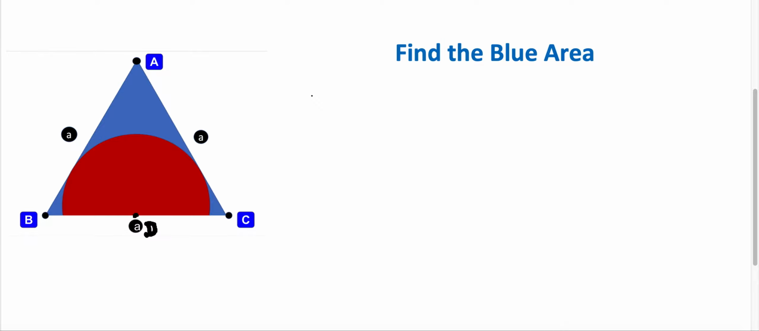To find the blue area, first of all, we are going to take a segment from A to the point where the equilateral triangle and the semicircle attach. And now I'm taking another segment from point A, an altitude to the point D. So now let me take one pen, and we want to find the blue area of the equilateral